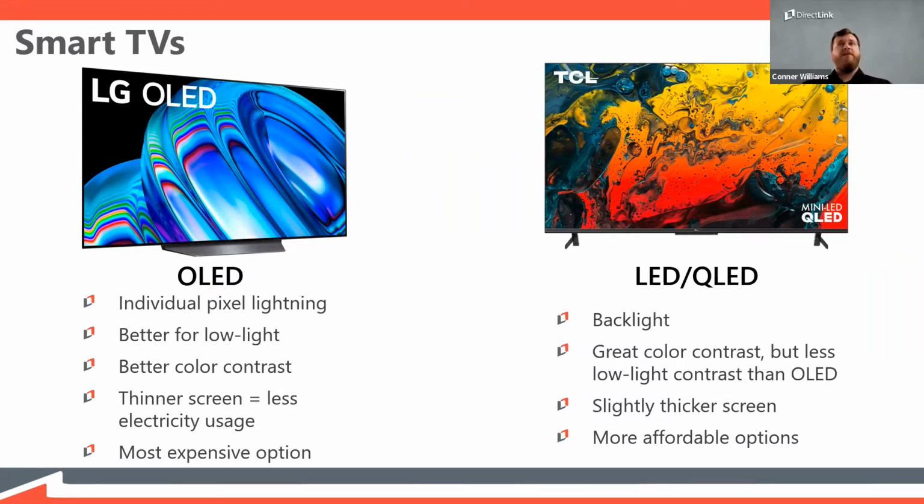4K right now is pretty much the best resolution that there is, although some manufacturers are advertising 8K resolution. It's a little bit interesting because there's not much content being filmed and broadcast in 8K yet. So really 4K is still the best. It's better than full HD. And what that means is 4K has 4 times as many pixels in the screen as a standard